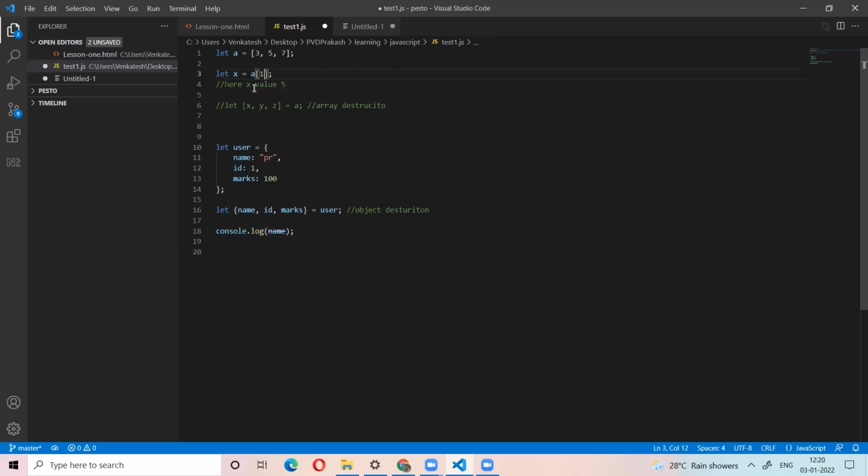Here x value is 3, right? You understand? So we can do like this. Instead of that, you can destruct an array. You can put every element into one variable. At the same time, you can destruct an array and put every element into an object. People understand?